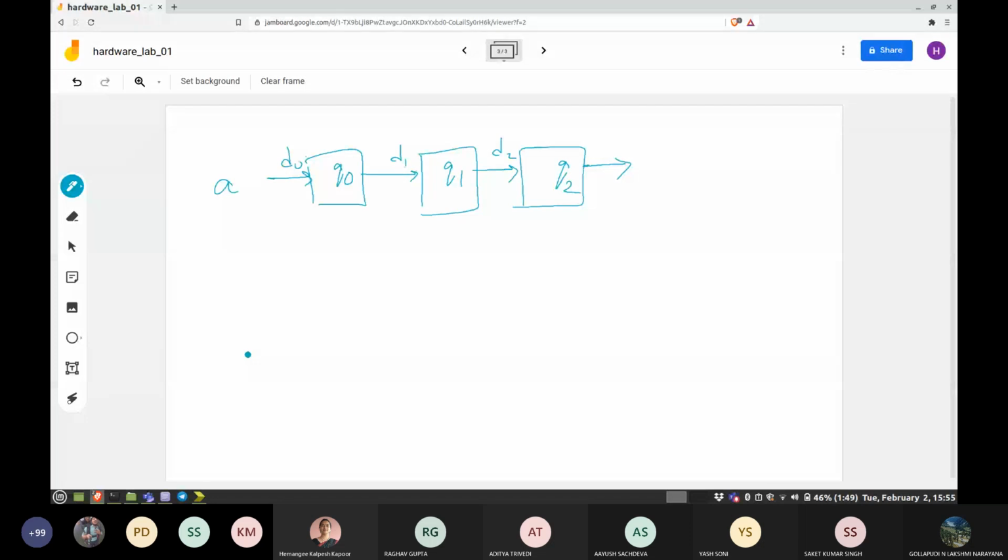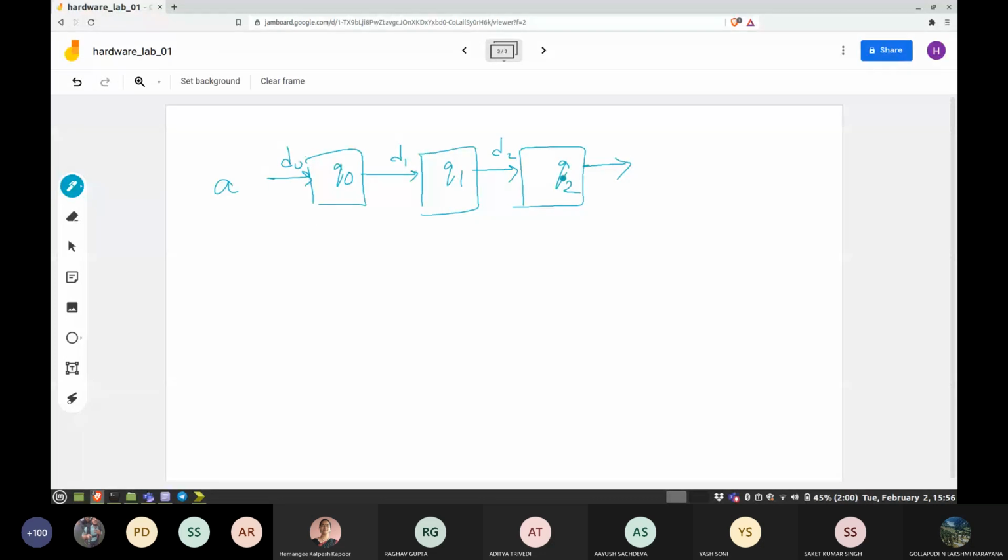On the left hand side I have put a small a, which says that A is the external input, which is connected to D0. You already know how to design the single bit register, and I'm connecting Q0 to the D1 of Q1 and Q1 to the D2.